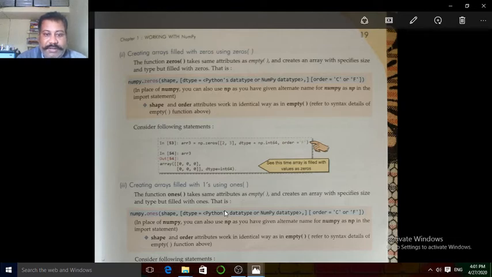For example, let us see how we can use the zeros function.